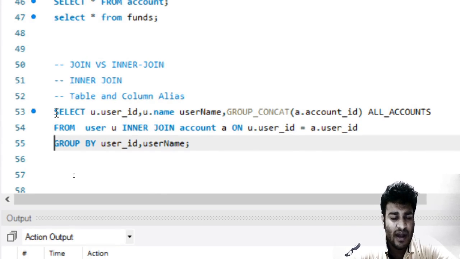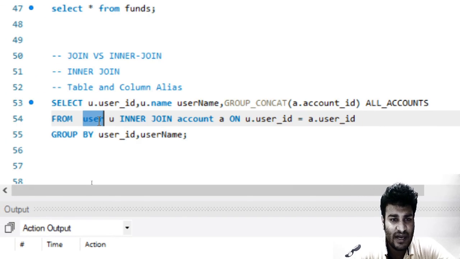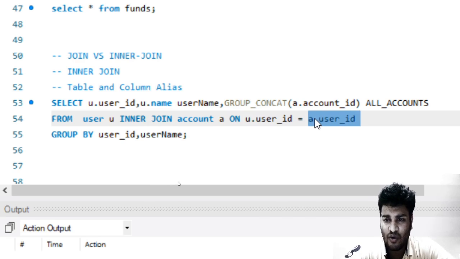Now we will just concentrate on line number 54, which says that user table, this is Alice name, please do inner join with table account on user ID of account and user ID of user. So we are actually doing the inner join on user ID of user table and account table.